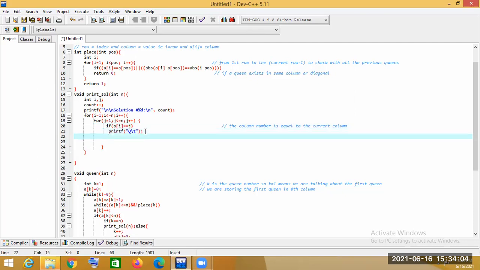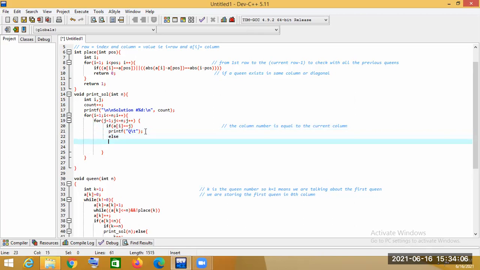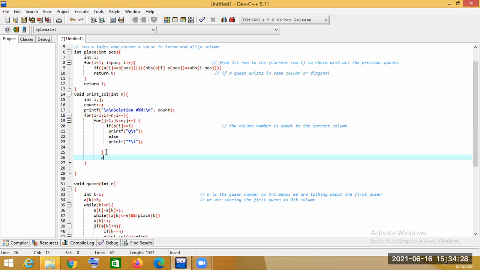Otherwise, else print star here. And after this, we use printf slash n.